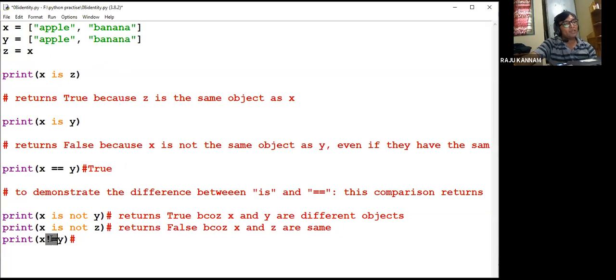Here we are comparing the value, whether x is not equal to y. No, x is equal to y, so it will return false. So the answer should be true, false, true, then true, false, false.